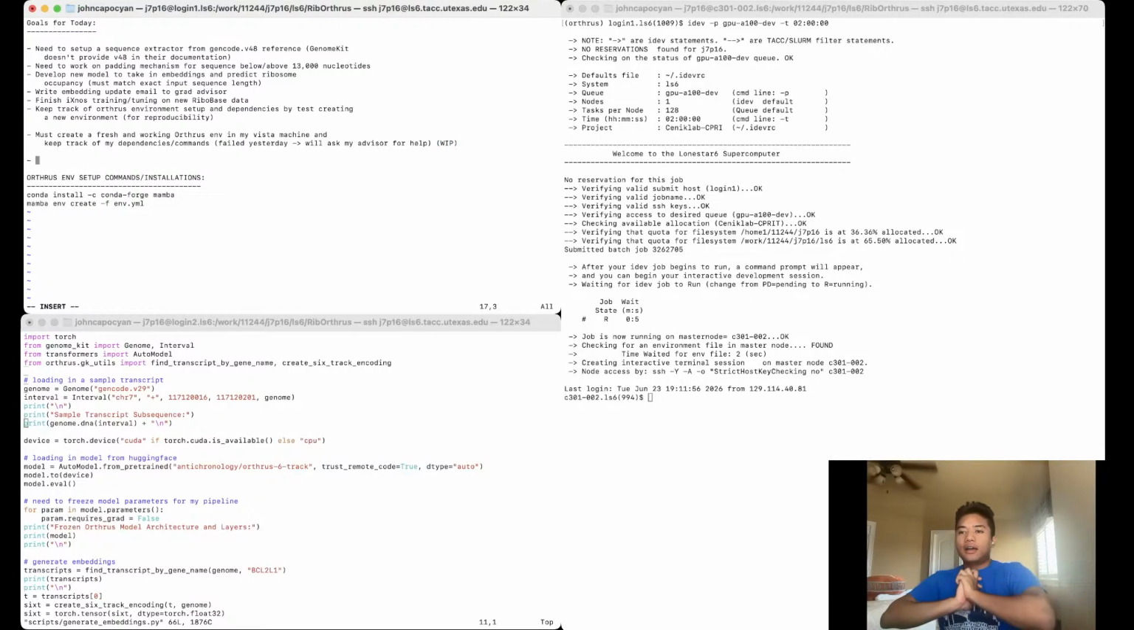I will set up a loss function. So initially I thought that, well, I sent an email and my advisor answered some questions I had, and I was kind of wrong about a lot of things, but